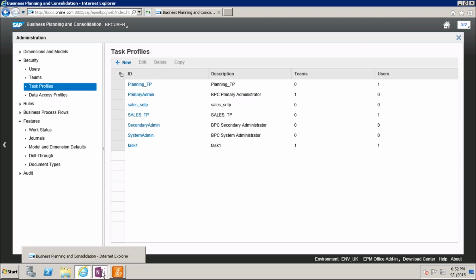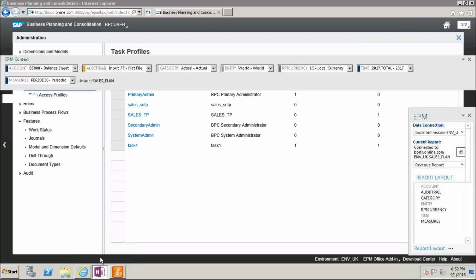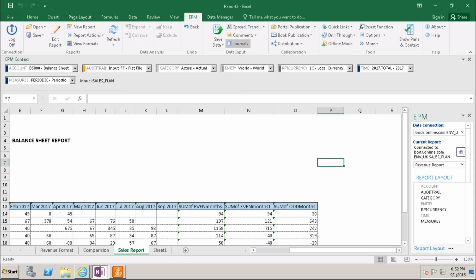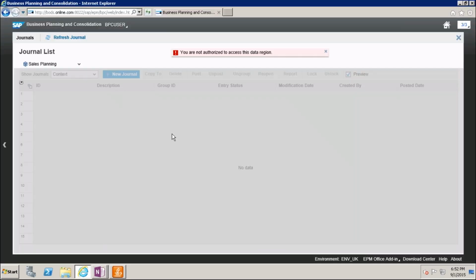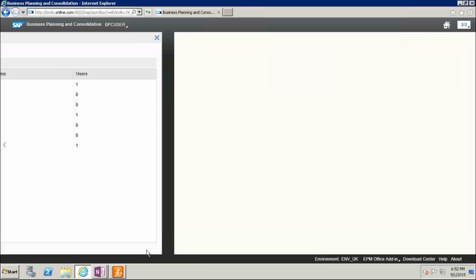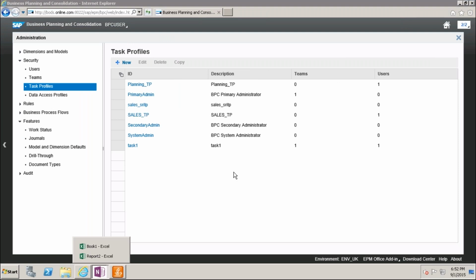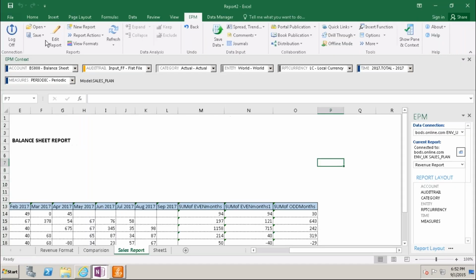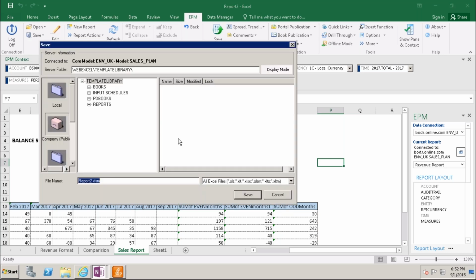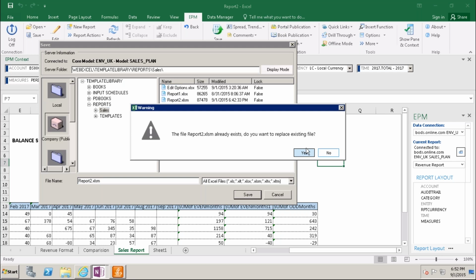Now when I click here, automatically it will open here. You're not at the data region. Save to server, code sales, save. Yes.